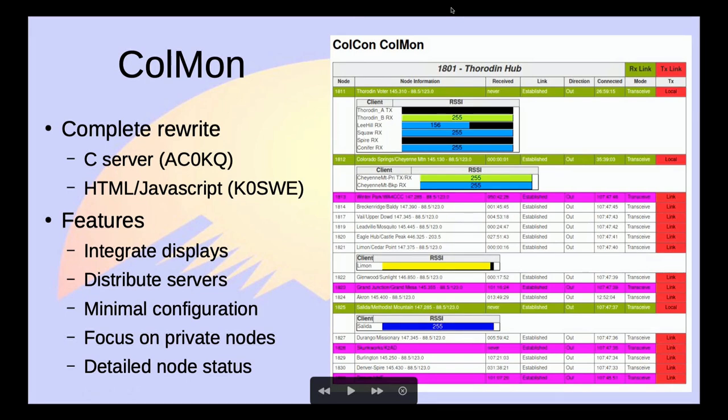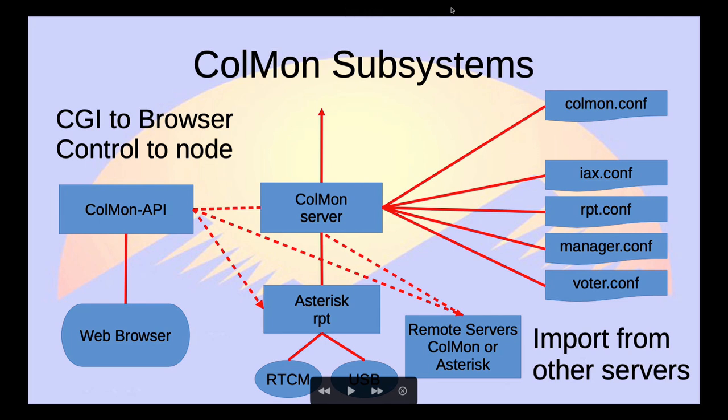So basically, ColMon was a complete rewrite of the original AllStarLink Allmon. And the thing that we added for a network as large as ours is that it is actually a hierarchical system. Basically, what runs on every individual AllStarLink node is the ColMon server that directly talks to the Asterisk instance. That ColMon server communicates with Asterisk over TCP, so it can actually run on a different node. But typically, we would run an instance on the same server